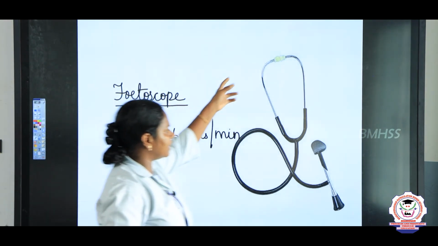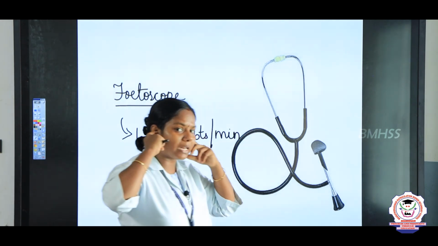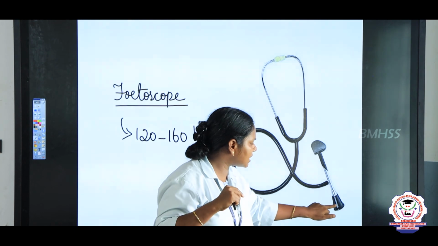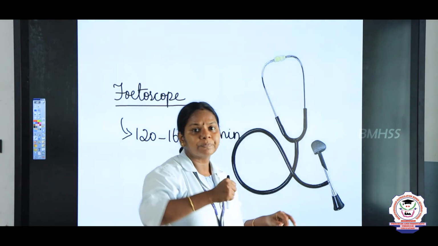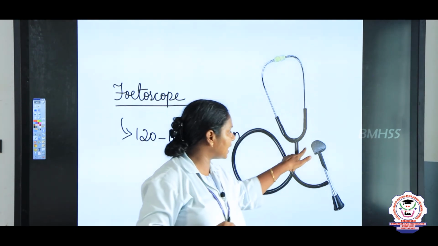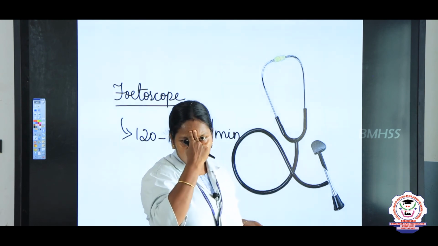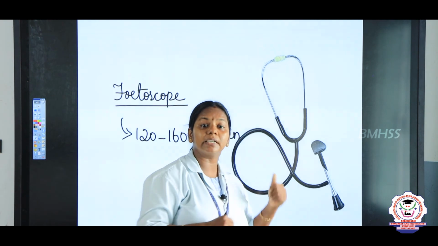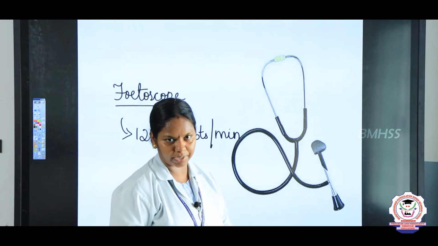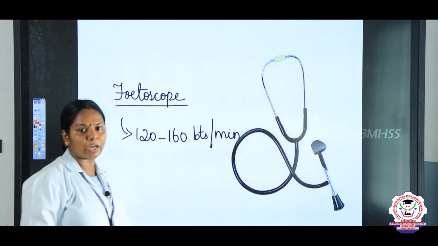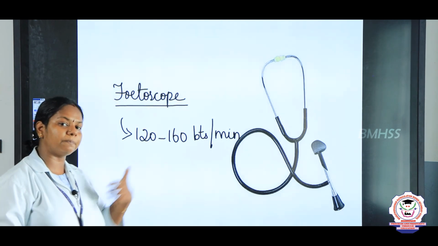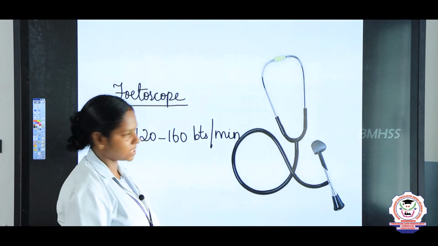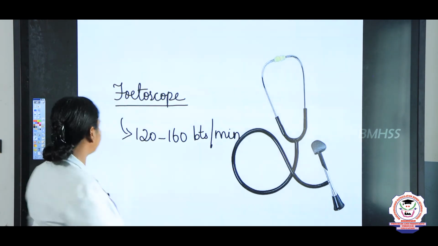So, the doctor uses it like a normal stethoscope. It has an earpiece, and the doctor places it on the abdomen of the pregnant lady, and this is placed on the forehead of the doctor. By using this, the doctor determines the fetal heart rate. So, if there are any abnormalities, we can know that the child gets less oxygen or some other complications. So, it is a fetoscope.